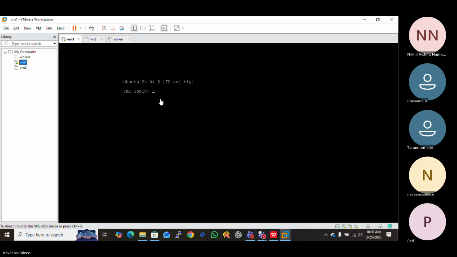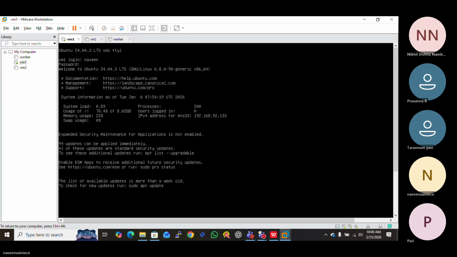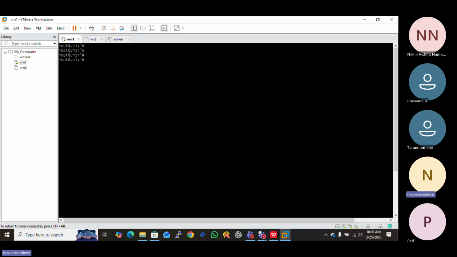So you can log in and you can work. Tomorrow we can start the basic commands, the basic working of Linux that will really be used in DevOps.